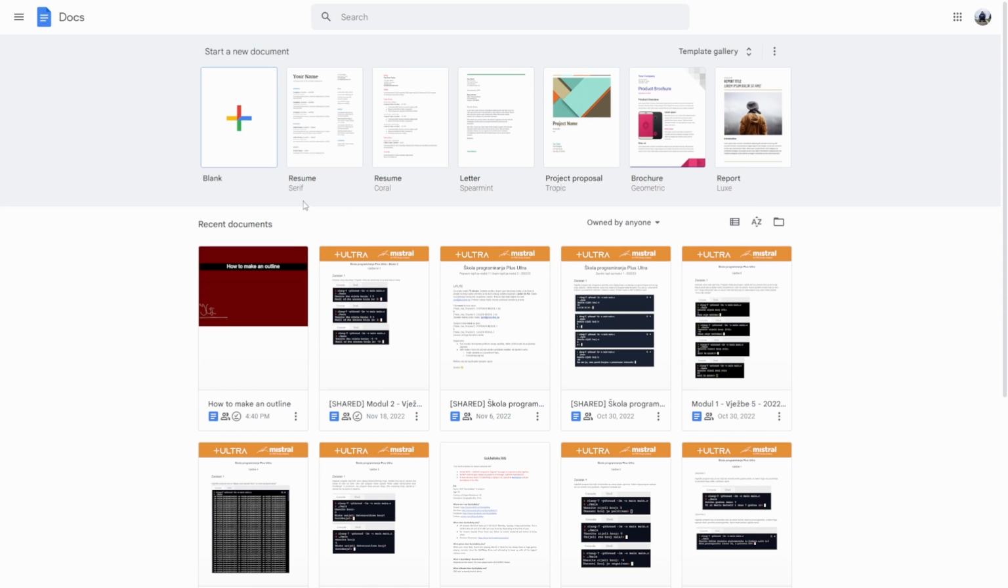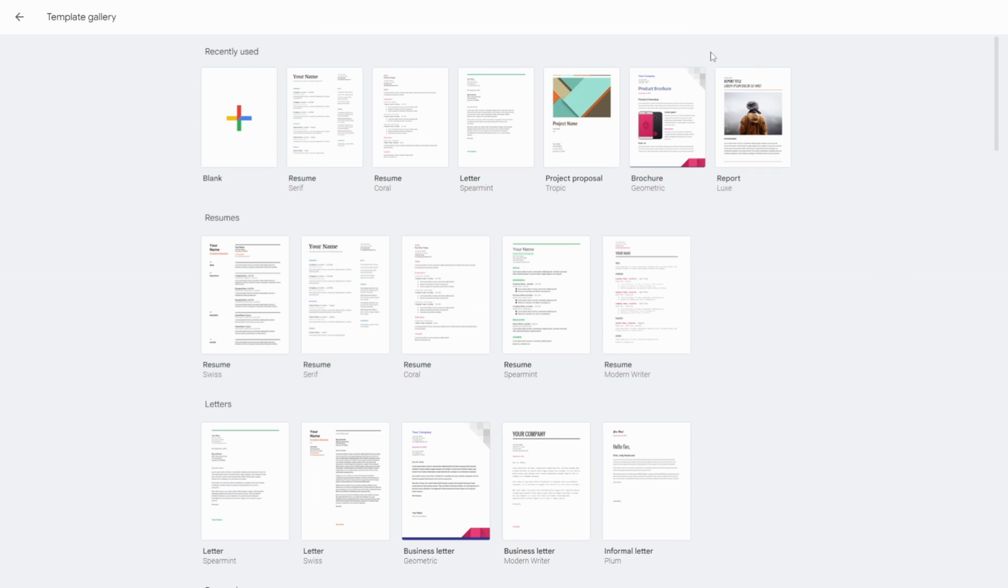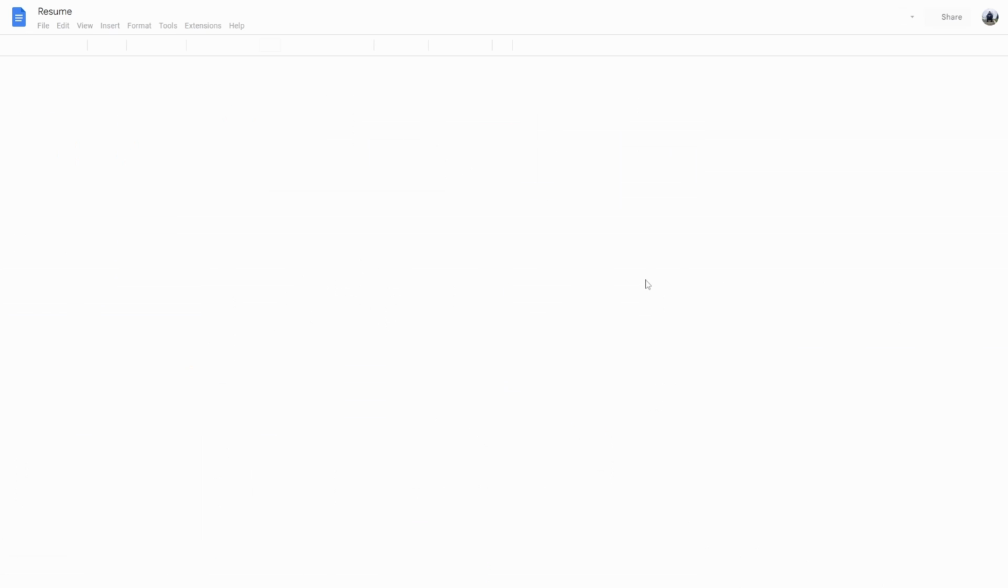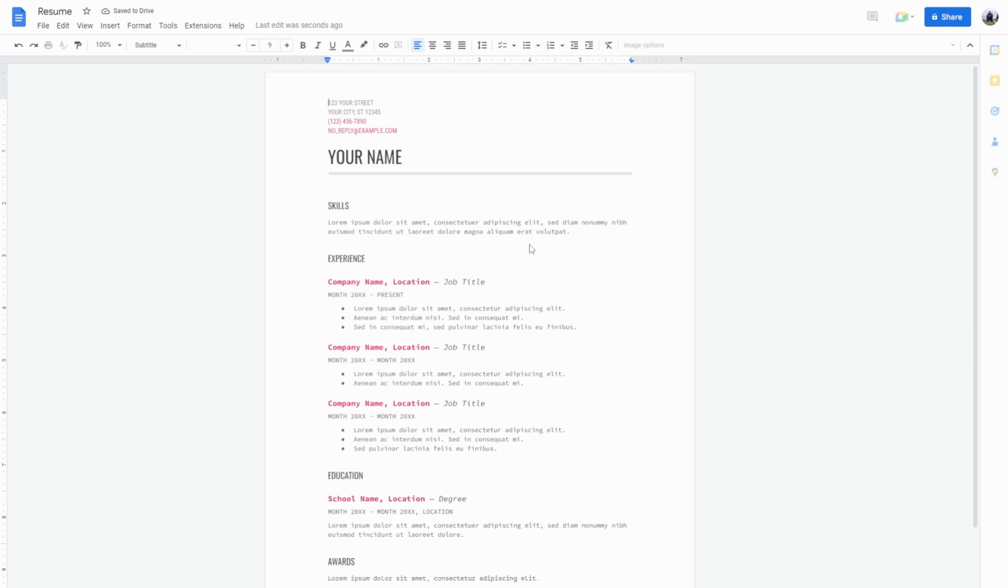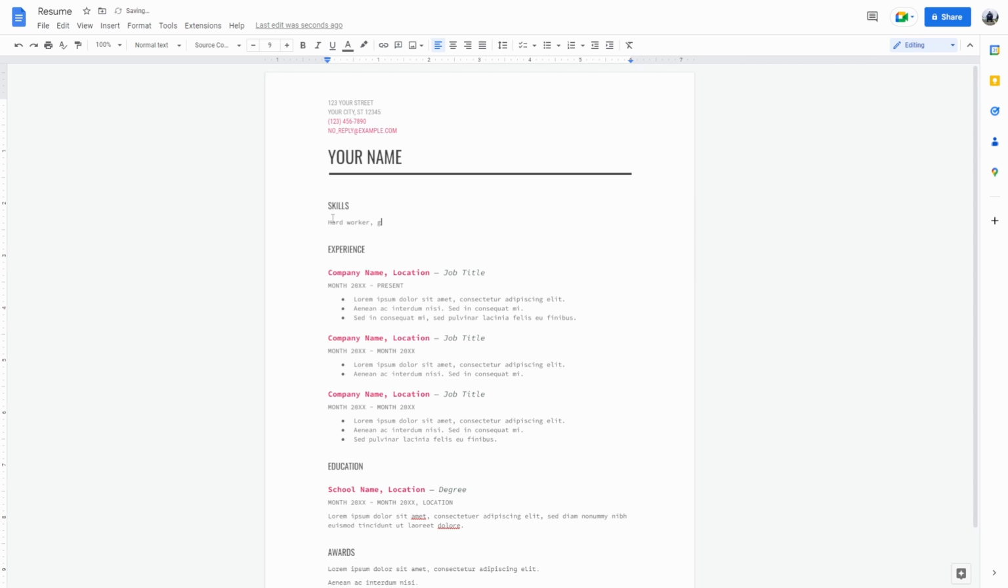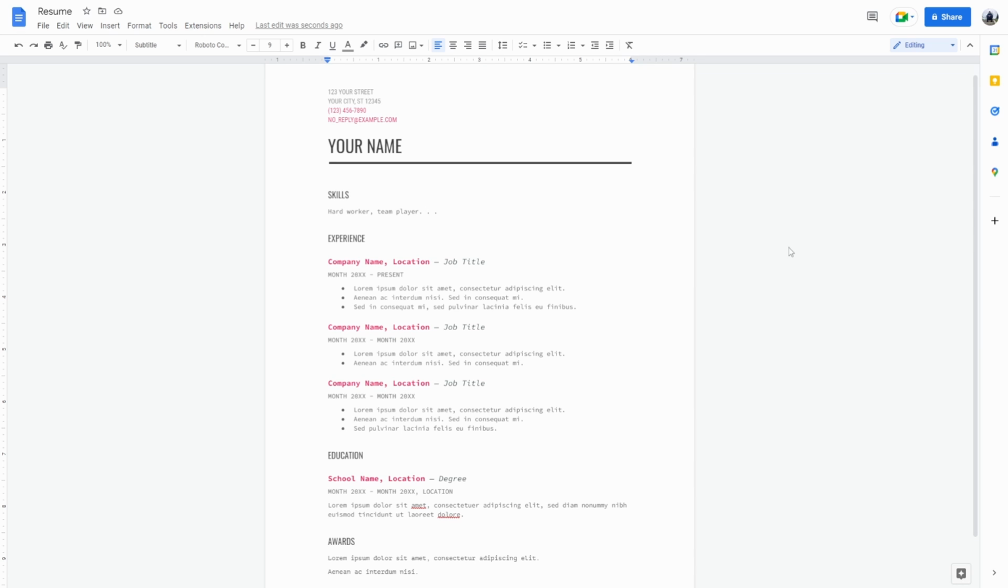Now, there are a lot more than only two resume types. If you click on Template Gallery, you can actually see that there are 5 resume types. Now let's select Modern Writer because I like the color, and from here you can just delete this and say something like... now after you fill everything up with your own details, which I'm obviously not gonna do right here,